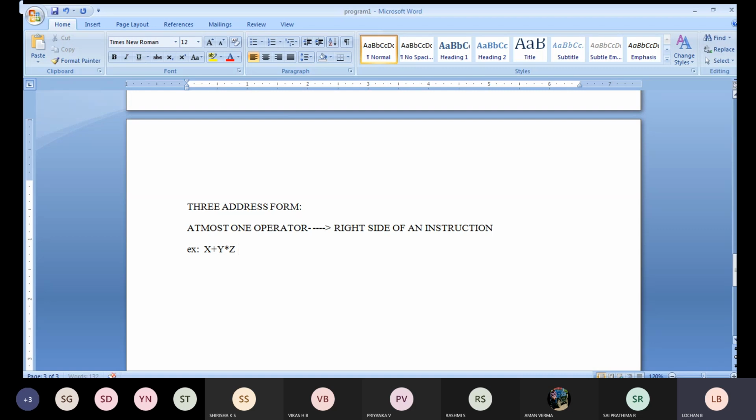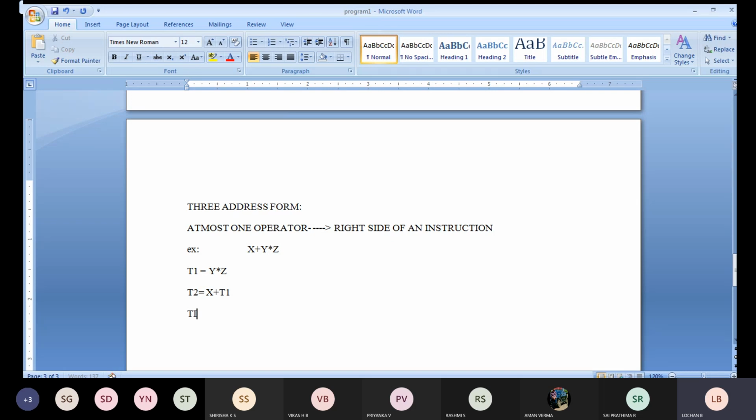What we will be doing in this example, x + y * z, is writing it in terms of 3 address forms. In this case, we store t1 as y * z, and then make one more term, t2 = x + t1.